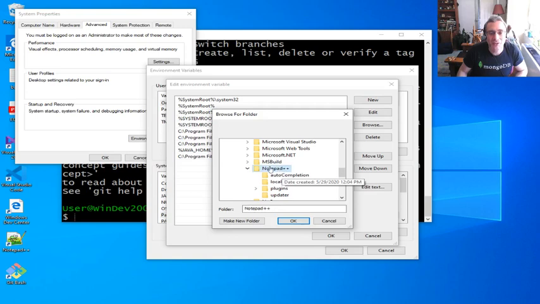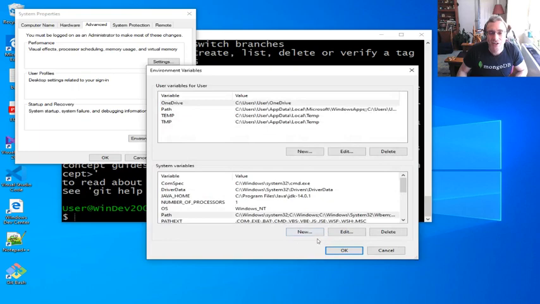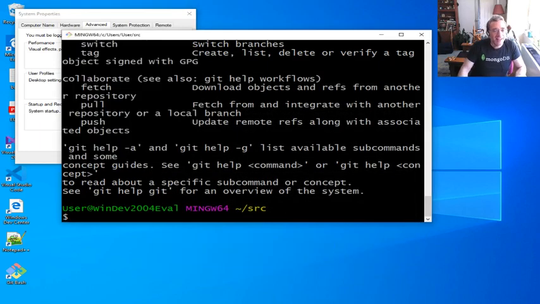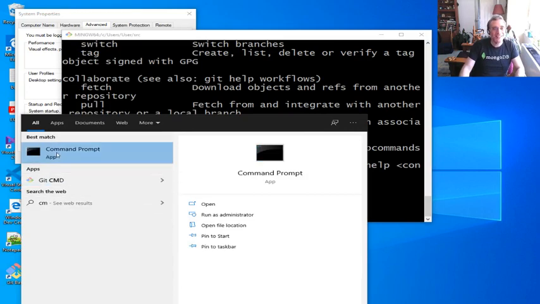Let's just try this and see if it works. Let's click on that, and we just added that. So we do OK, OK, and now if we run command, and this may not work at all,